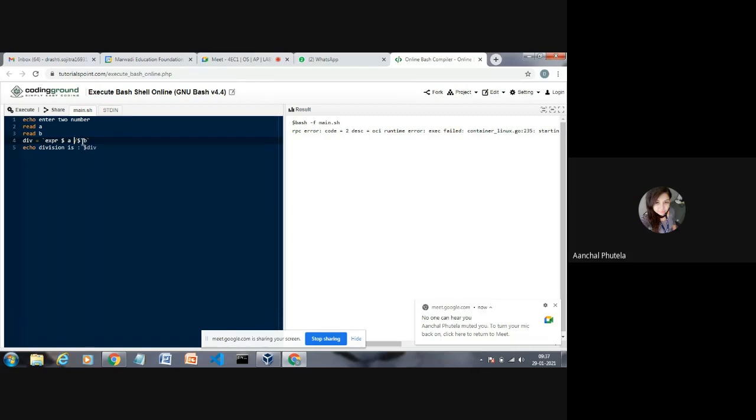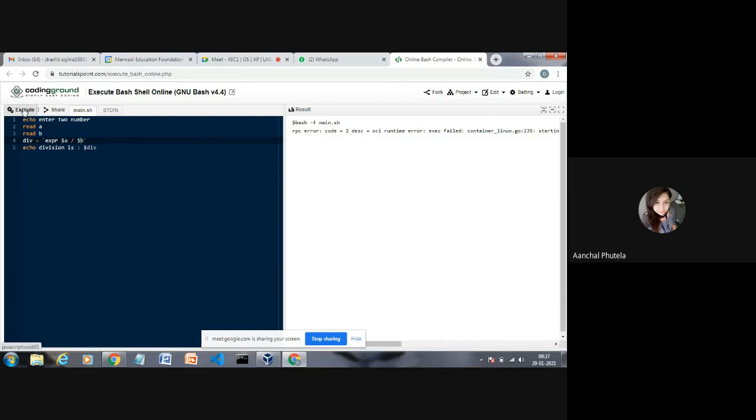Drashti, there is a space only between expr, dollar a, then space division, then space dollar b. That's it. Now execute.